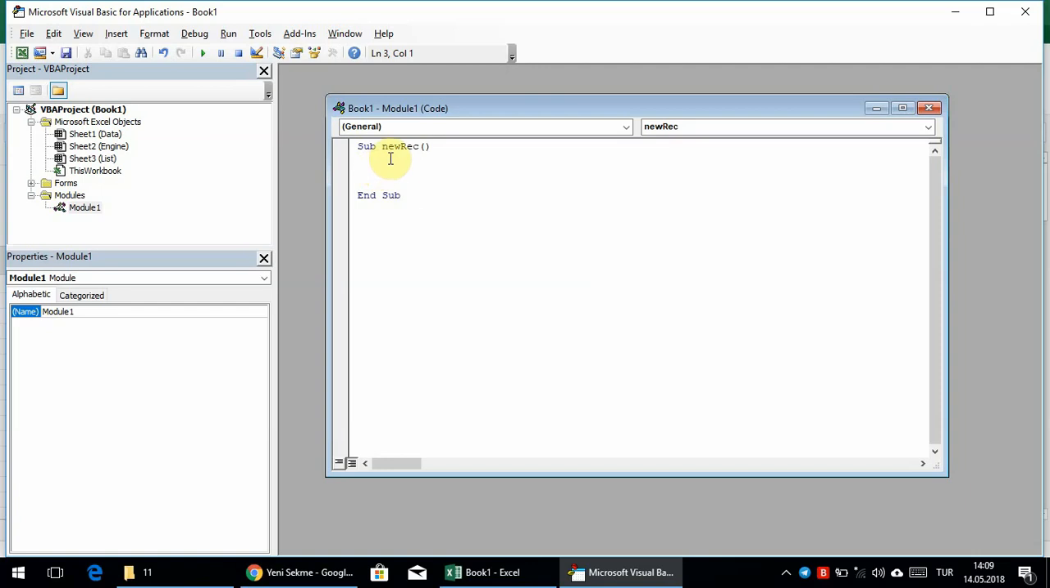Before I start, I want to show you that this line is a comment line, and it doesn't have any function. It's worthless for the code. It's just an explanation for the programmer. Okay, so